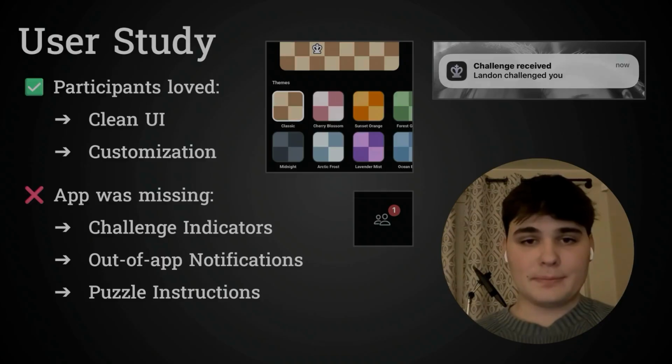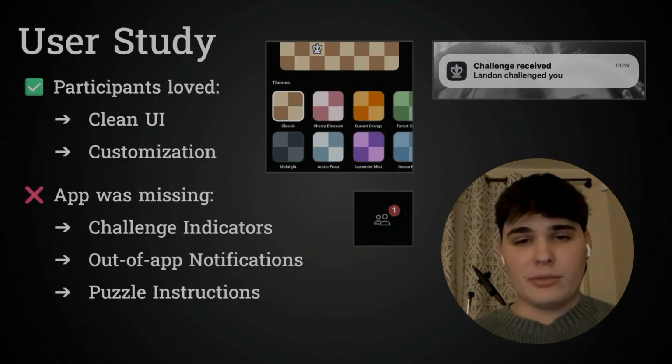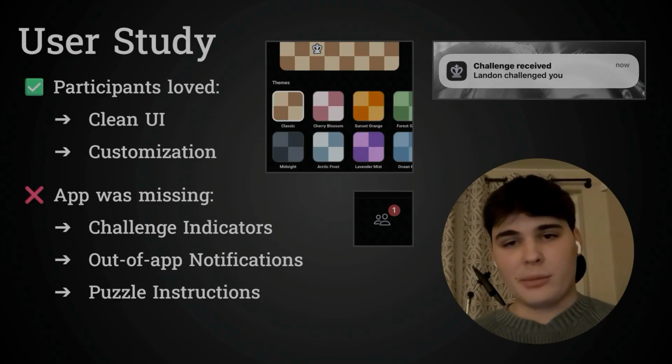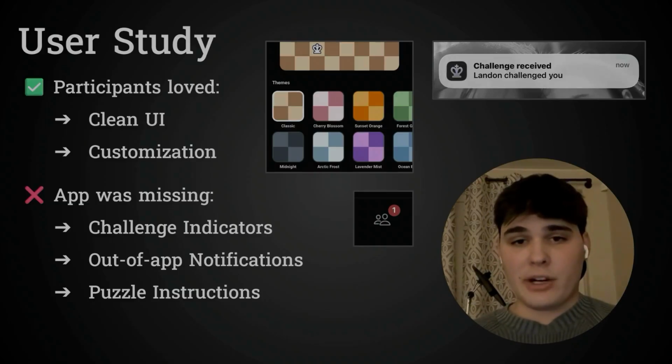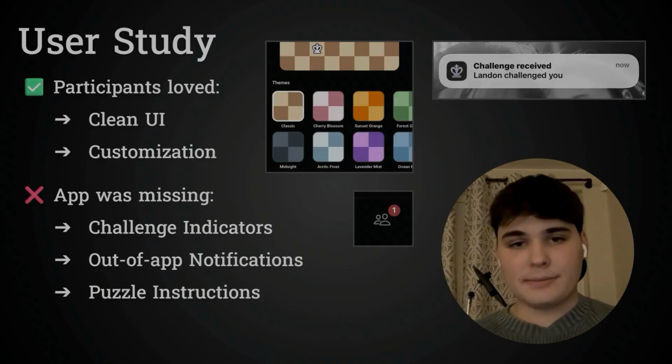Users also noticed that the puzzle menu is a little confusing and there's too much information at once, so we were able to curate that and make it a little more understandable and a little more user-friendly. This feedback was very important to our app's progression, and it ultimately helped us move closer to our ultimate goal, which is to give users a fresh and amazing user experience.